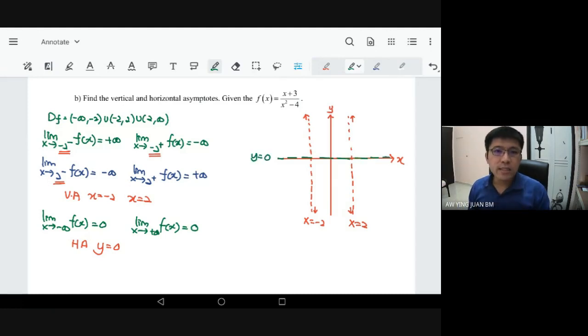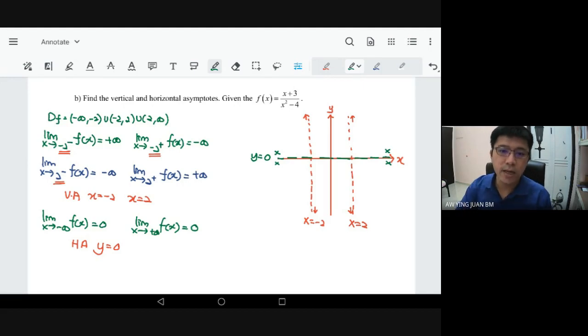Okay, so when x approaching negative infinity, it approaches 0. Dia ada dua kemungkinan, di atas kosong atau di bawah kosong. Sama juga untuk sebelah kanan, iaitu x approaching positive infinity. Dia ada dua kemungkinan sebab dia approaching 0. Dia boleh atas approaching 0, dia boleh bawah approaching 0. Beri perhatian. Okay. Bagaimana nak tentukan dia atas ke bawah?